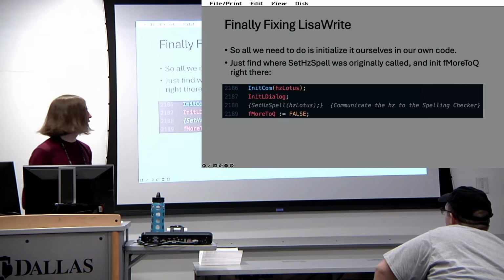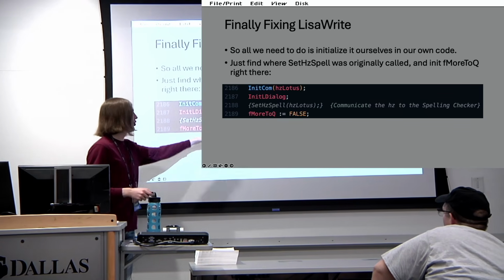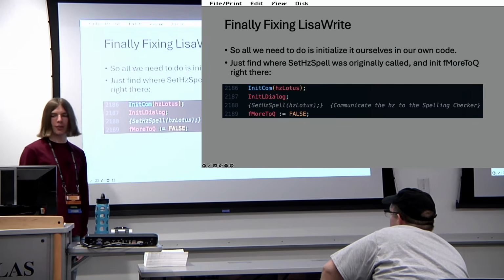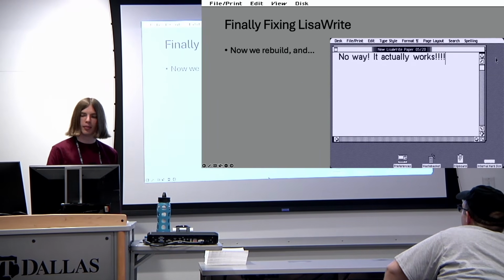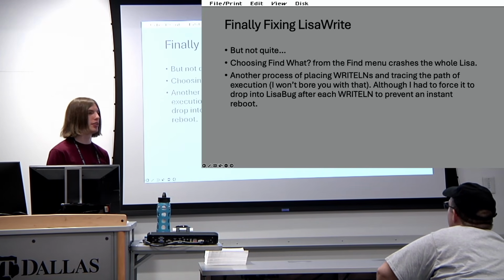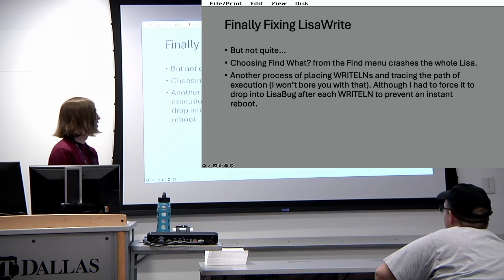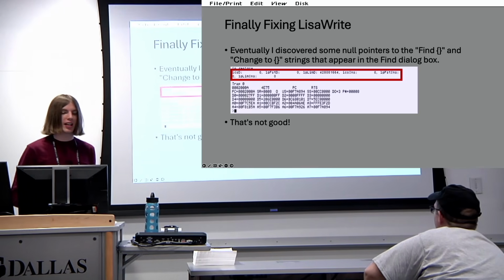So the solution here is in our initialization routines, we just manually set it to false. Problem solved, right? Now we can type. Ta-da! But we're not done. Now if we choose something from the find menu, it literally crashes the entire Lisa. What the heck? So we put more write lines around trying to figure out where it's crashing, and I eventually